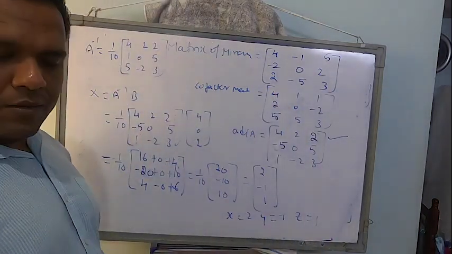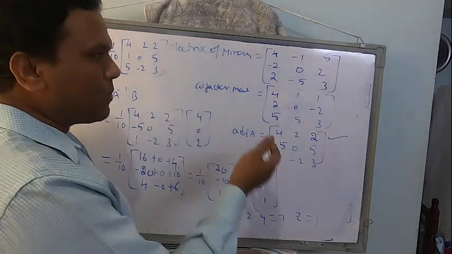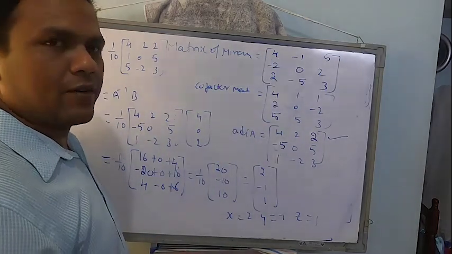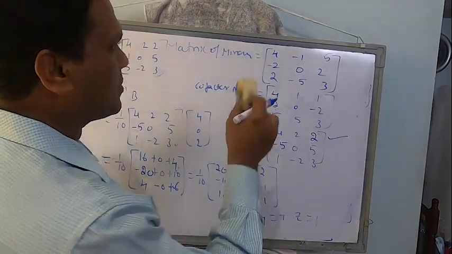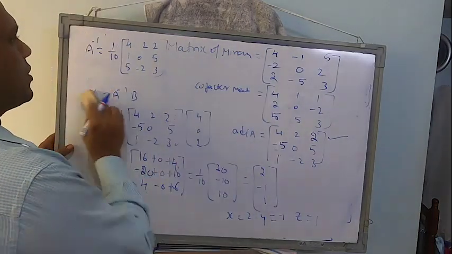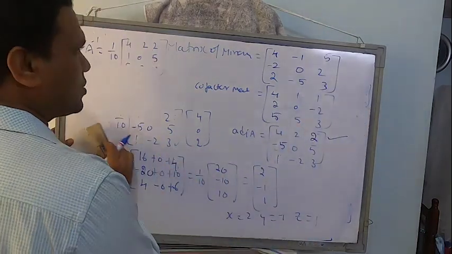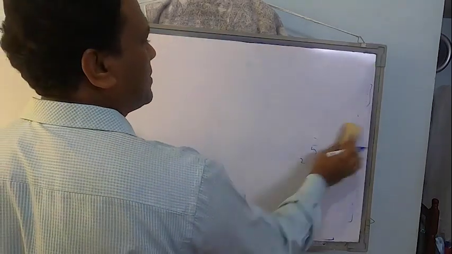So this is what you should be doing, students. If I go wrong at minor, then everything will go wrong. So just take care of the steps of finding matrix of minors carefully. Then construct cofactors and then construct the adjoint. So please just take care of the minor. I know I did something wrong here, so I just wanted to go and check this. I told you what the answer will be.